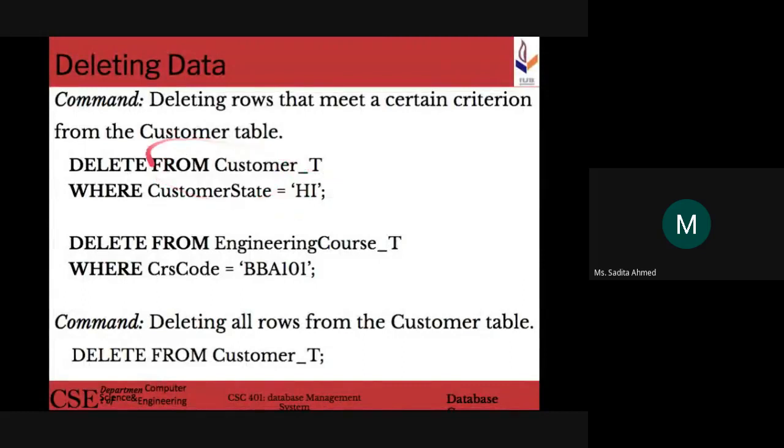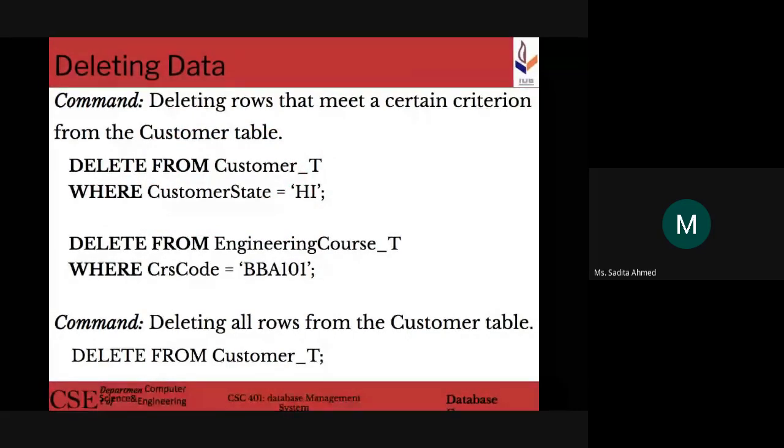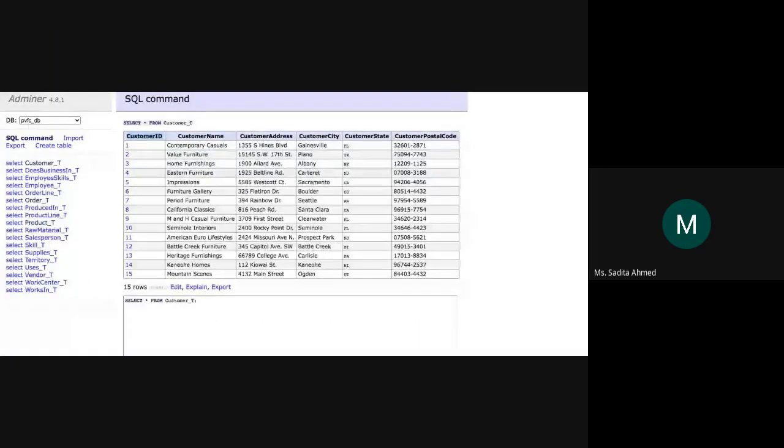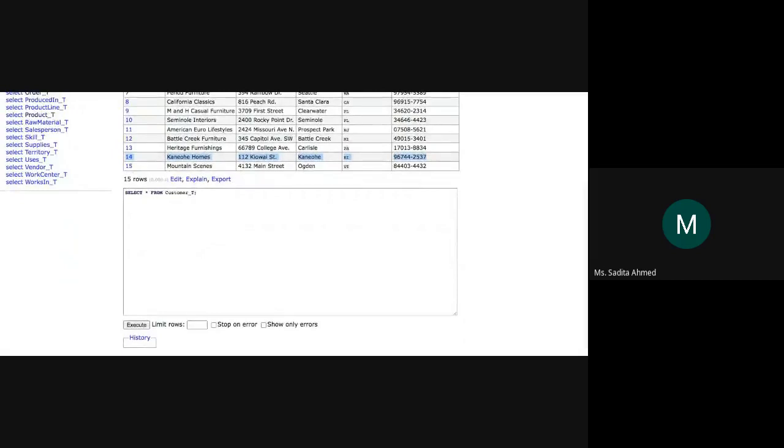Okay, so ওরকম কেস হলে তখন যদি আমরা এই যে এখানে যে করছি delete from customer table where customer state is equal to hi, এটা যদি আমরা ট্রাই করতাম, কাস্টমার টেবিলে গিয়ে দেখি where customer state is hi, what is the customer id? Customer id is 14, so কি হবে? customer state hi আছে by the way শুধুমাত্র একটা রোতে, কিন্তু বাকি রো গুলোতে you will see that customer state value is not hi, it's something other than hi. So the only row that will be deleted is row number 14, because আমরা where clause এ বলে দিয়েছি where customer state is equal to hi, শুধুমাত্র ওই row number 14 টাই ডিলিট করা হবে, alright? এটা ছাড়া বাকি কোনো রো কিন্তু ডিলিট করা হবে না।